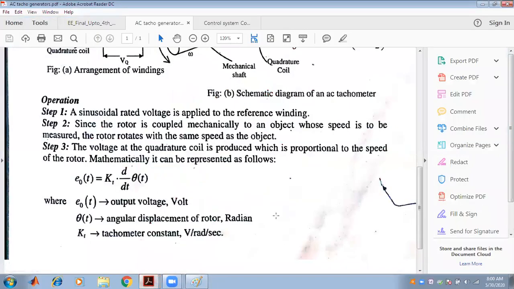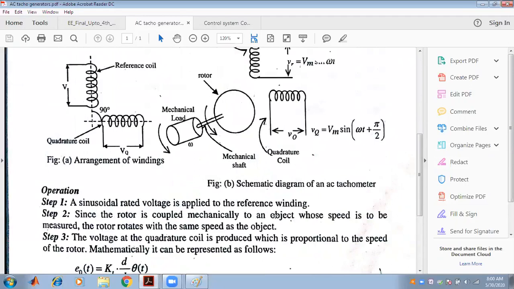So this magnetic field, which is referred to as the law of electromagnetic induction, when the rotor starts rotating, will induce a voltage on the rotor, which causes another current to flow in the short-circuited rotor bars that we have already seen. Another point is that the shaft is connected with the rotor, which also rotates, and the mechanical load or the object,